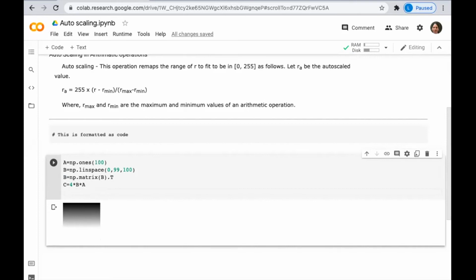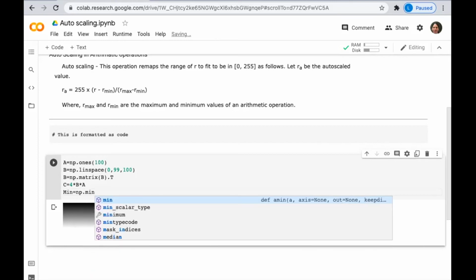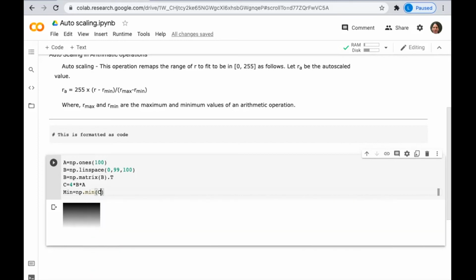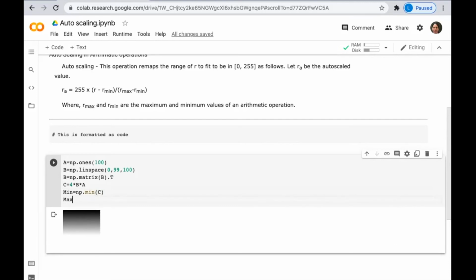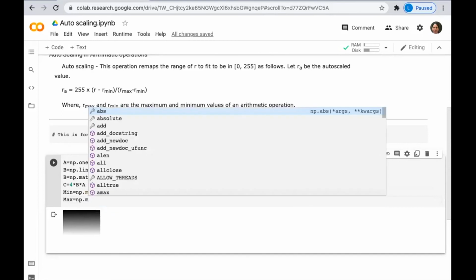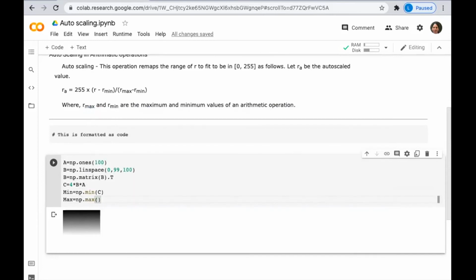For auto scaling, first I need to calculate minimum and maximum. It's a built-in function. So to calculate, I'm defining a variable as minimum. So minimum will be np dot min of C. Then max will be np dot max of C. If you don't use this np dot and you only write minimum maximum, it will only work for 1D things.